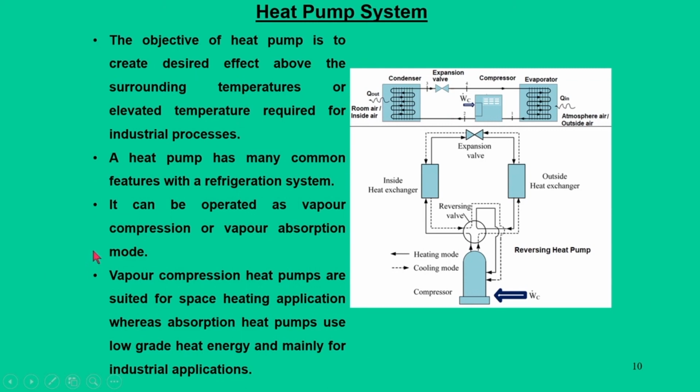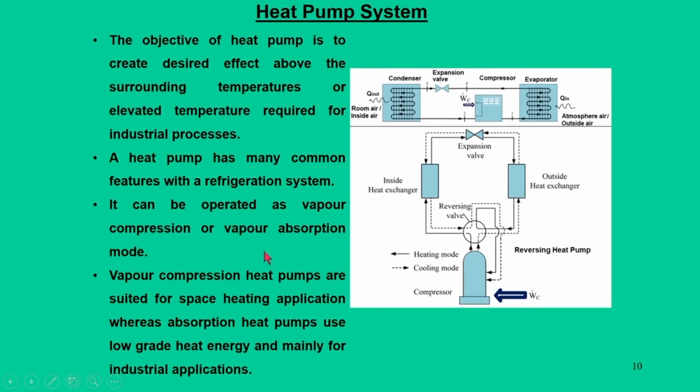In most applications, when you deal with heat pump systems, they are normally integrated with vapor absorption systems, because we can tap low grade energy for these heat pump applications. Whereas when you talk about refrigeration and air conditioning plants, they are mostly based on the vapor compression mode. Normally vapor compression heat pumps are suited for space heating applications, whereas absorption heat pumps use low grade energy, mainly for industrial